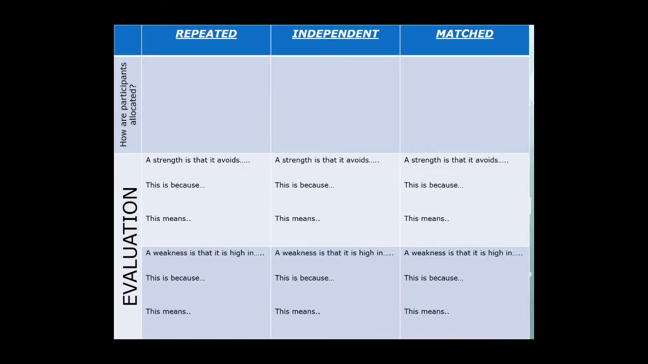So if you have a look on your big A3 sheet, what you're about to fill in for me now is some of the strengths and weaknesses. I'm going to fill in one strength or one weakness for each of the experimental designs, and then I'm going to leave it up to you, as part of your homework for this weekend, to try and fill in the remaining one. So I'm only going to fill in either one strength or one weakness for each of the three,